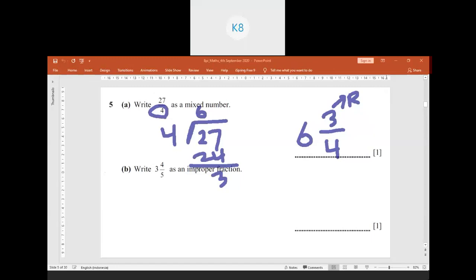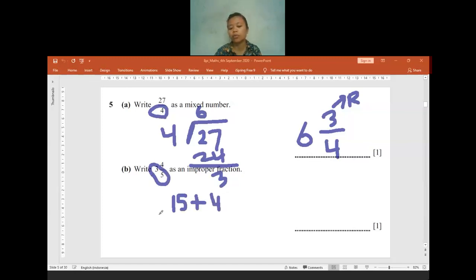What will it be? This is a mixed number into an improper fraction. Yeah, the answer is correct, 19 out of 5. So you have to multiply 3 and 5 first. When we multiply 3 and 5, the answer is 15. After that, we add the number in the numerator. The denominator will stay as it is, so it will be 19 out of 5. Okay, is there anyone having any questions so far? Or is everything clear, Ira? No question? Okay, if no question, I will move to the next question.